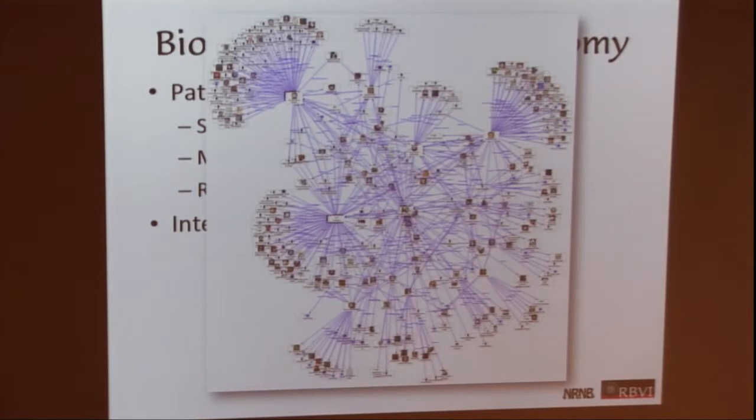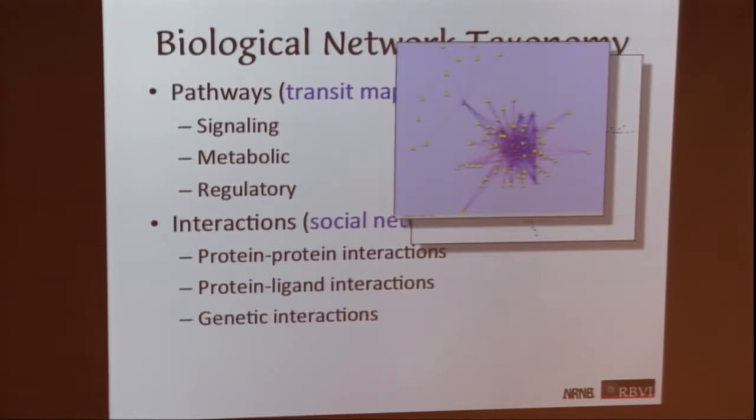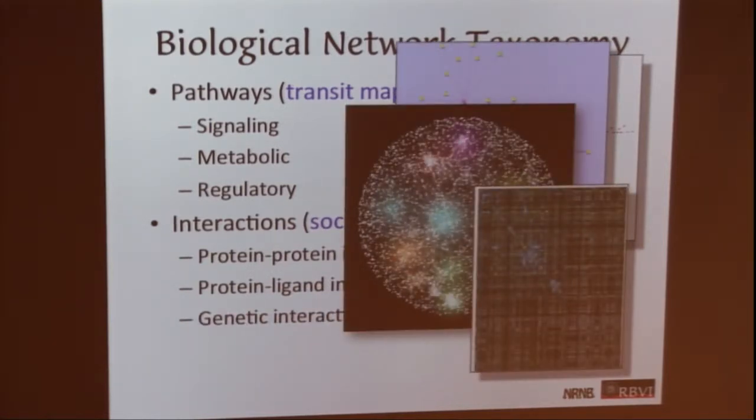The other one is interactions. I found this and I love it. This is a social network, literally a social network. And when you think about interactions, protein-protein interaction, it's very similar to this. And in fact, a lot of the techniques that we use came out of the social networking community and internet community too. There's the hairball. This is protein-ligand interactions. These are both genetic interactions. One is from the Boone lab, SGA. The other is from the Krogan lab, EMAP. They're the same kind of data, very different visualizations, and they can be mapped.